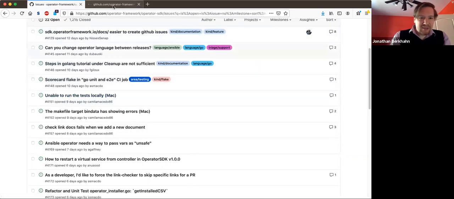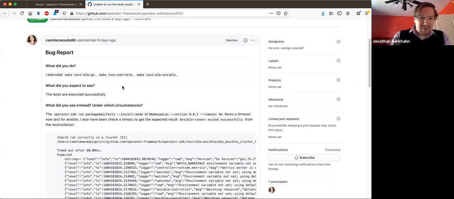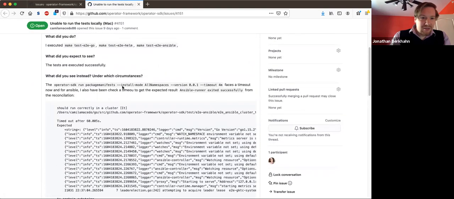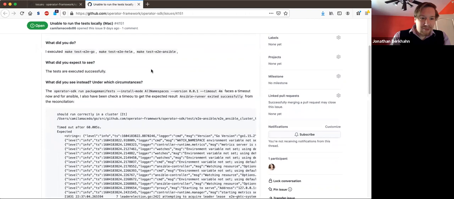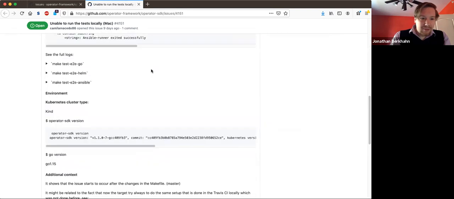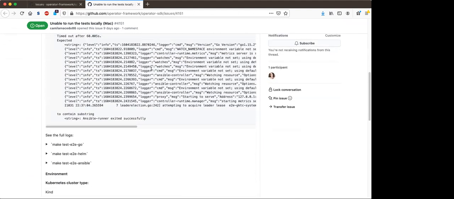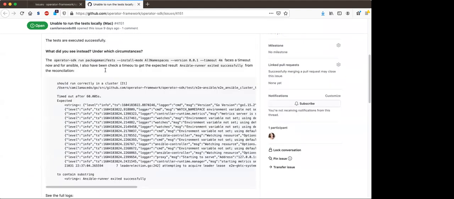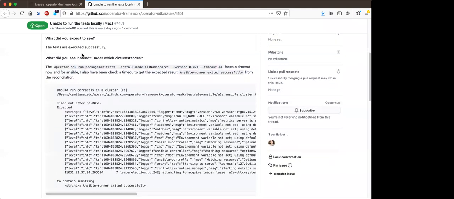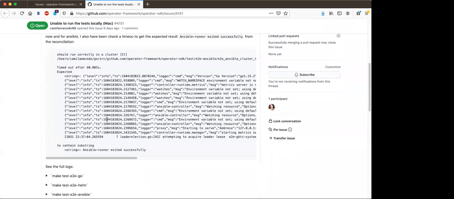Unable to run tests locally. Hey, I've been encountering this as well. Yeah, I opened this one. Let's see. Okay, 4151.